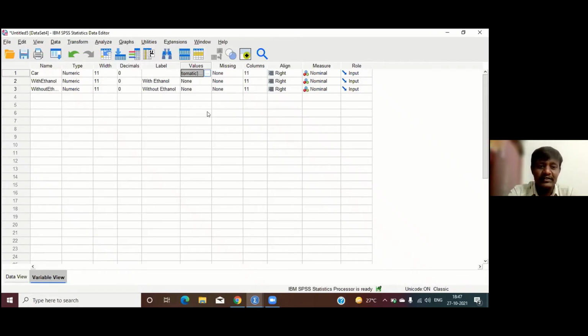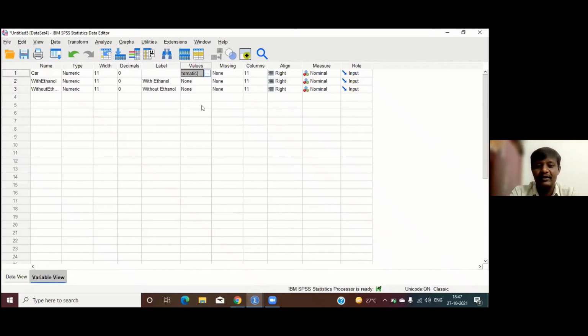Test whether second trial efficiency of car is better than the previous trial. Previous trial means when the vehicle's efficiency is tested without ethanol.